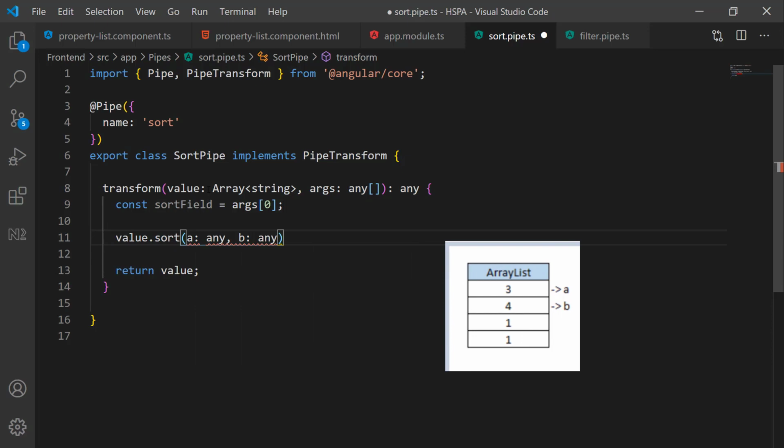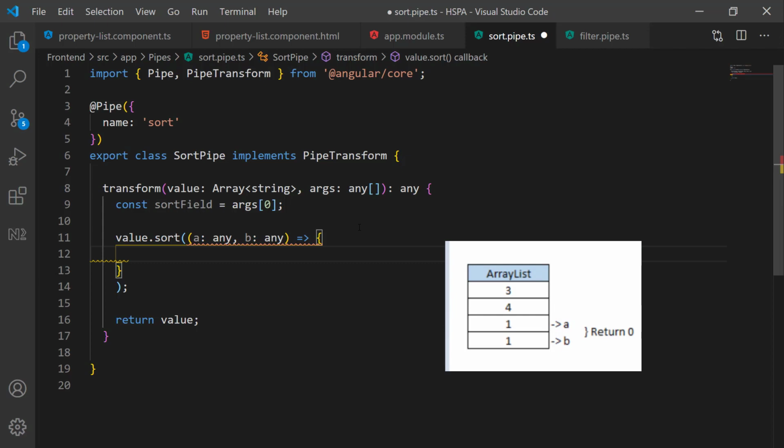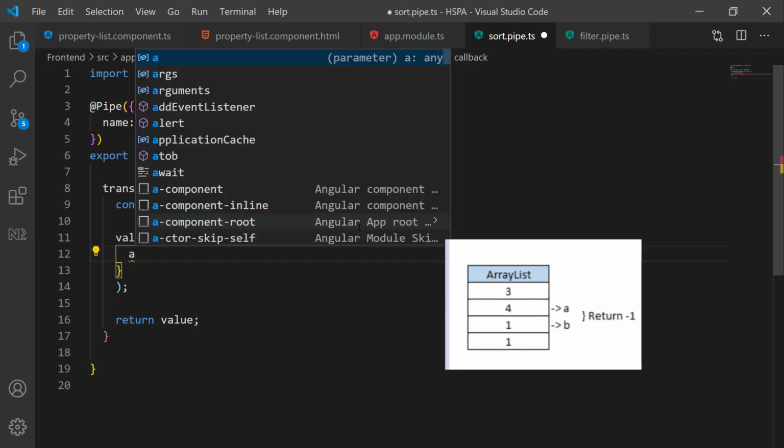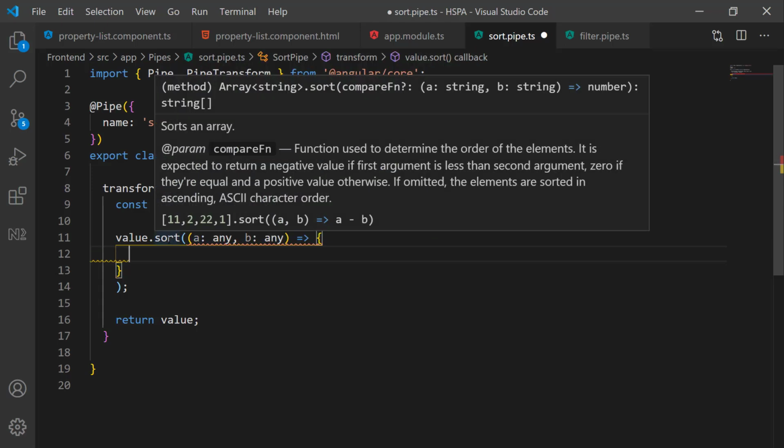And we should compare these two elements inside this method so that our sort method rearranges the elements as per the comparison. So this compare method should return a positive number if the first argument is greater than the second argument, and it should return 0 if both are equal, and it should return a negative value if the first argument is less than the second argument. If it was a number, we could have easily achieved that just by doing a minus b, and our list would have been sorted. But as our array contains objects, we will have to write an if statement to achieve the same.